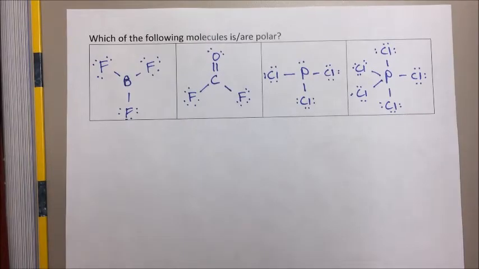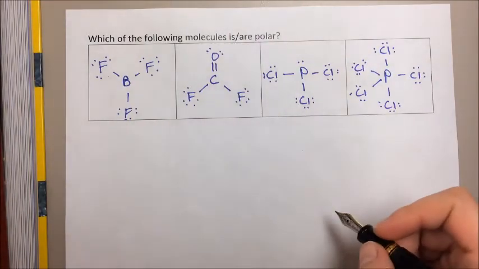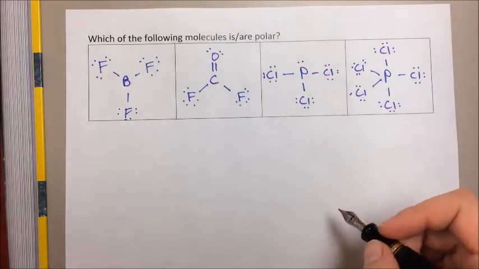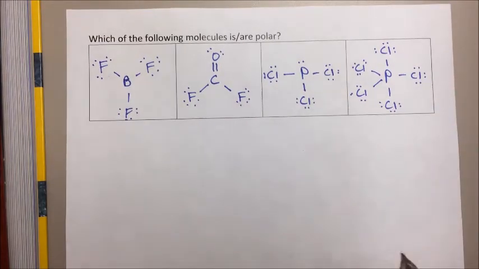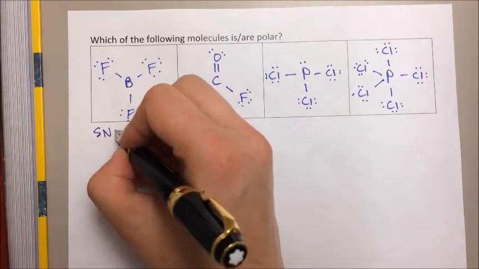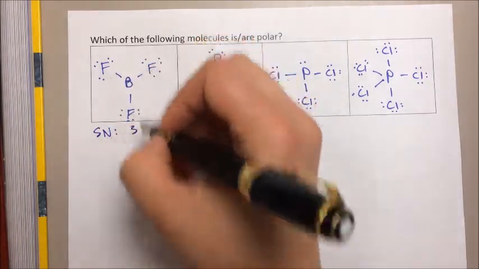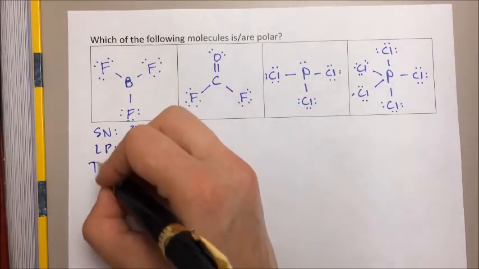In exam 2, one of the multiple choice questions asked you to determine which of the following molecules is or are polar. They gave you the Lewis structures here, so the first thing we're going to do is turn those into molecular geometries. In the case of BF3, our steric number is 3 because there are 3 atoms bound. Lone pairs, 0, meaning that we're in a trigonal